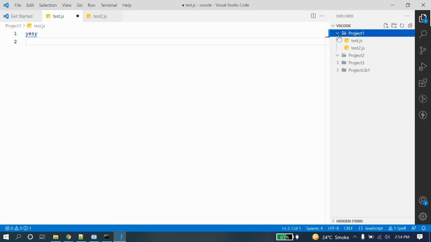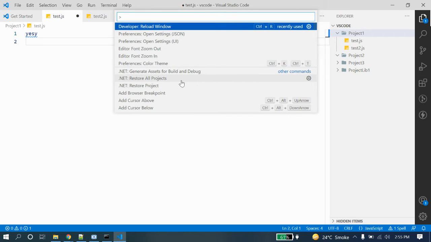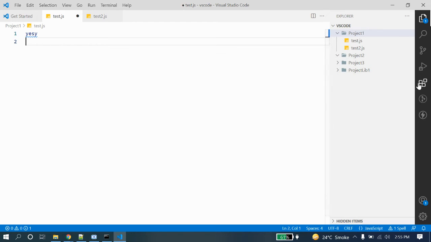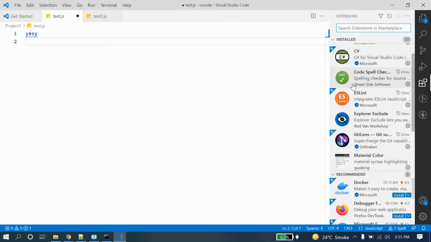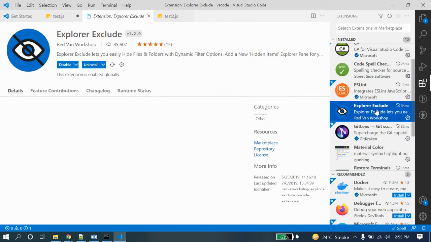Or if it was an Angular project or a Node project, there are npm modules and other things that we don't use, but they show up. We can hide those things by manually going to the settings, or we can hide them very easily with the Explorer Exclude extension.